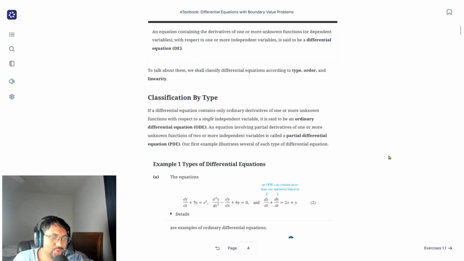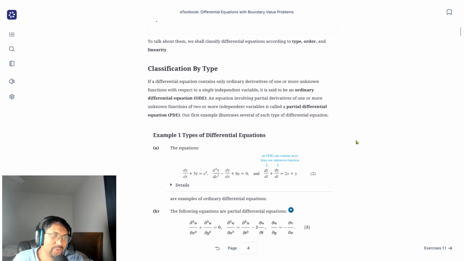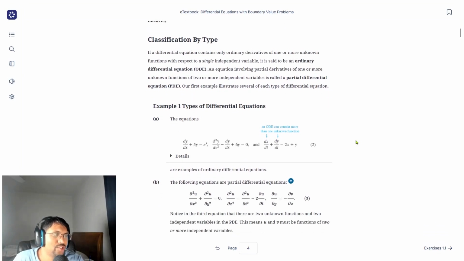So we really have to focus on the classifications to begin understanding what we're working with. As far as type goes, there are ordinary differential equations and partial differential equations, and we're going to focus more on ordinary, since partial requires that you have learned partial derivatives, which usually doesn't come into play until late Calc 2 or early Calc 3, depending on the program or textbook. So we're not going to touch on those for now. A lot of the techniques we're going to use apply to those anyway, so you'll learn by proxy how to work with those just from working with ordinary differential